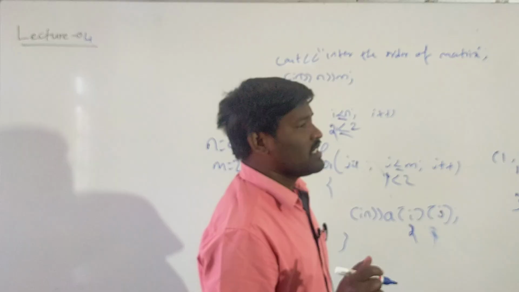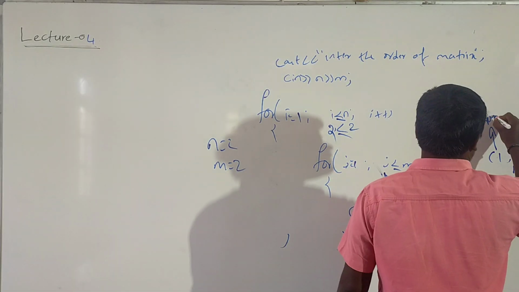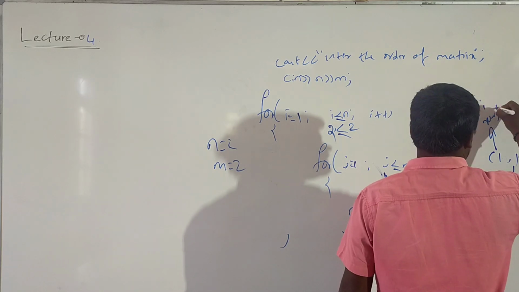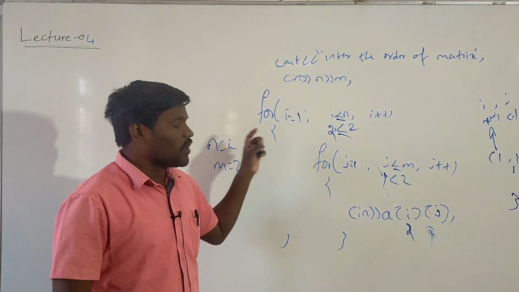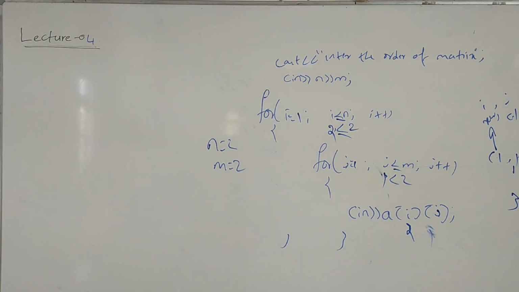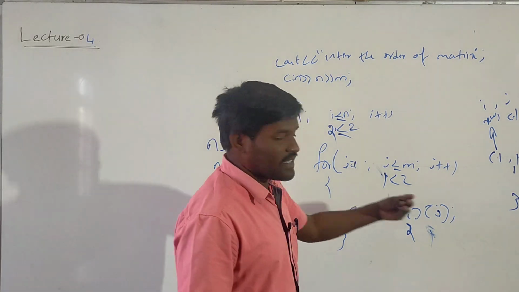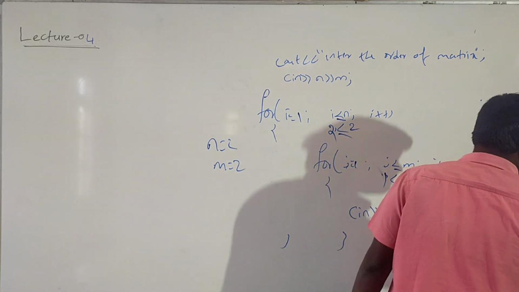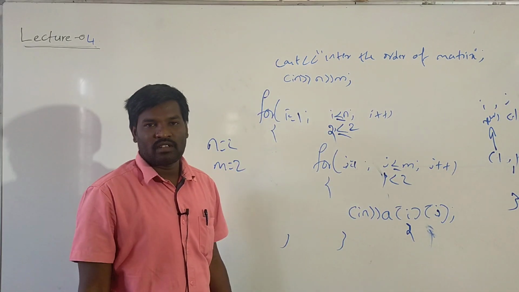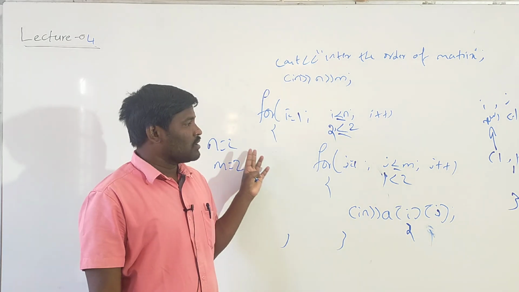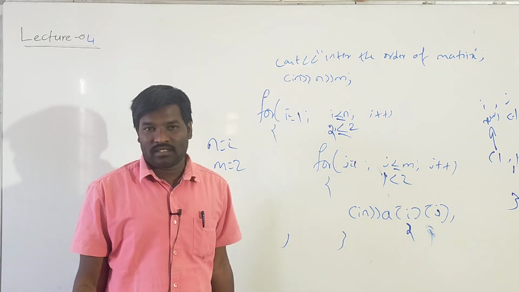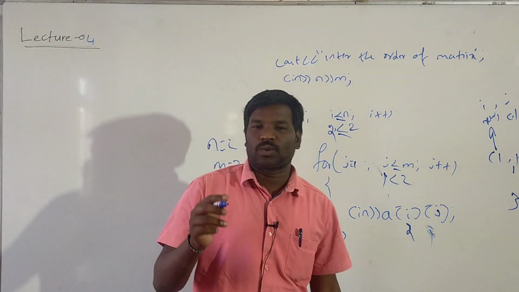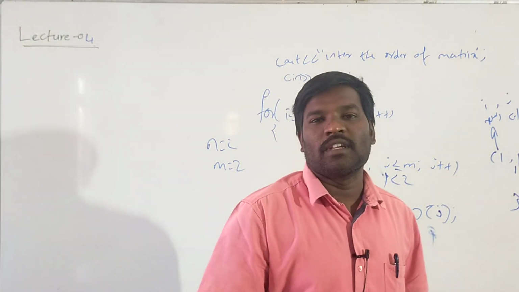One thing we have to remember is that here the first value indicates row and the second value indicates column. Generally i, j: always i indicates row and j indicates column. Okay, so next time I can enter 3, it is stored in 2, 1. Next j plus plus, j becomes 2. Next I can enter 4, it is stored in 2, 2. So this is the reading of matrix elements.